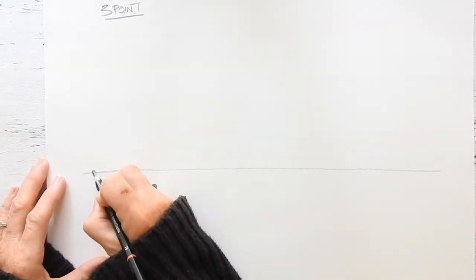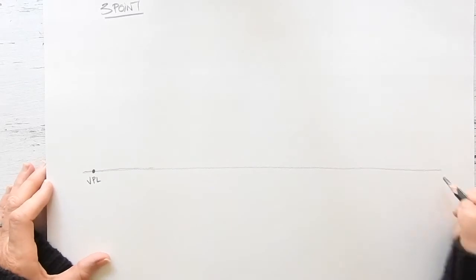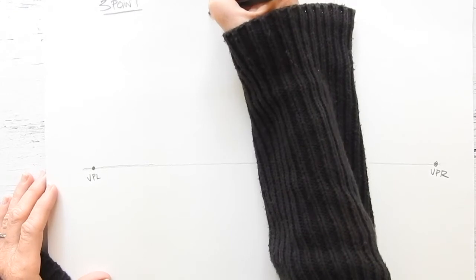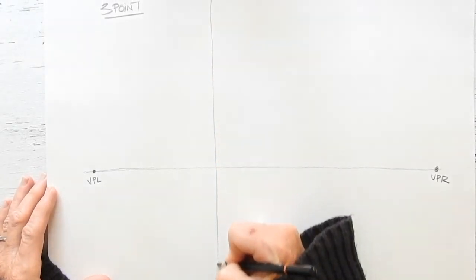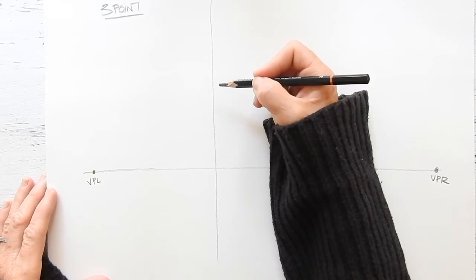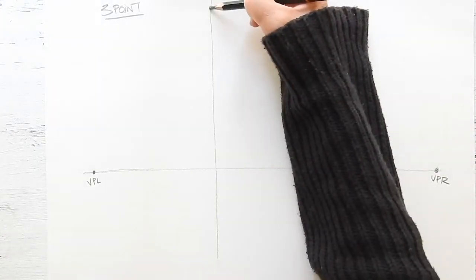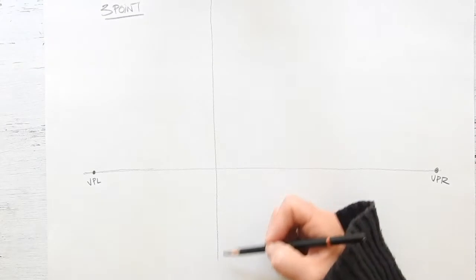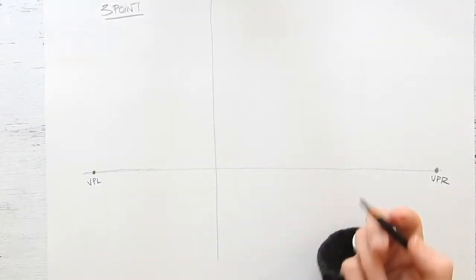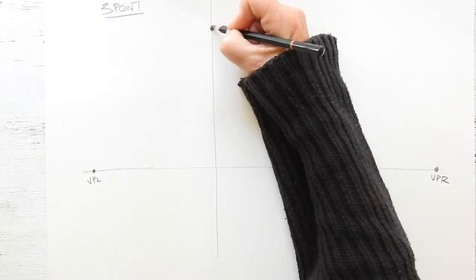3-point perspective works in the same sort of way as 2-point perspective, except now we have an additional vanishing point. So we're going to put one vanishing point on the left, one on the right, so VPL, VPR, and then we're working again with this lead vertical edge. We may not be able to see this edge, but it exists and everything is kind of in relation to that. So we can put the third vanishing point either above the horizon or below it or anywhere along this vertical line. So I'm going to put mine up at the top.